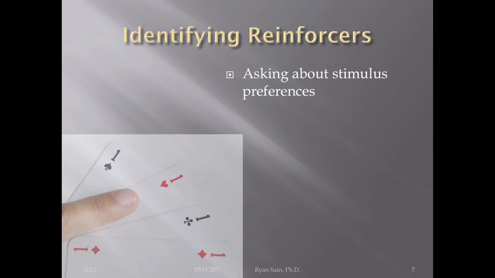Come up with a list. What are the things they like to do? Use the activity-based reinforcement, right? Use the PSYC principle. Ask people, what do they prefer? What do they like?